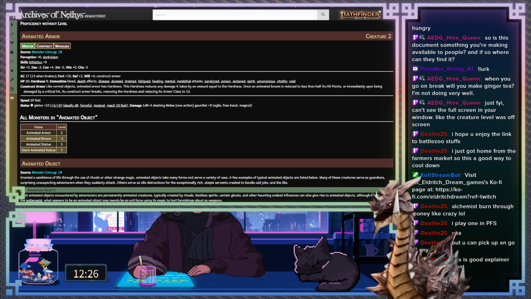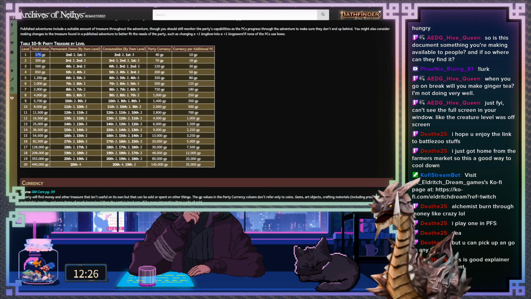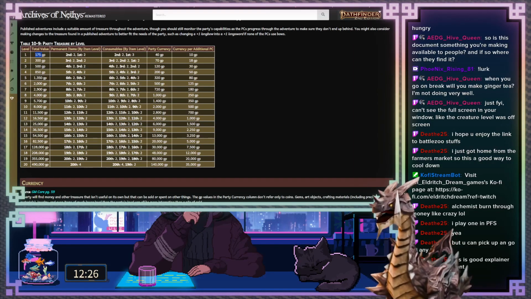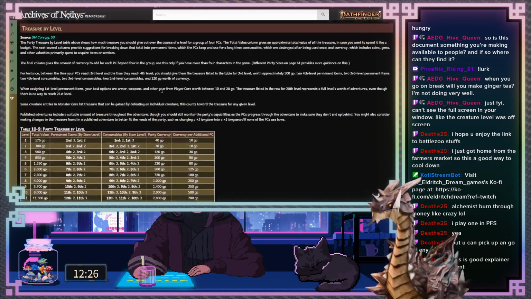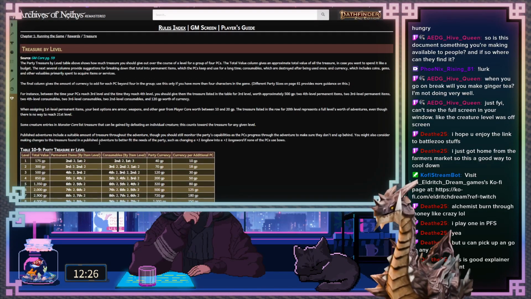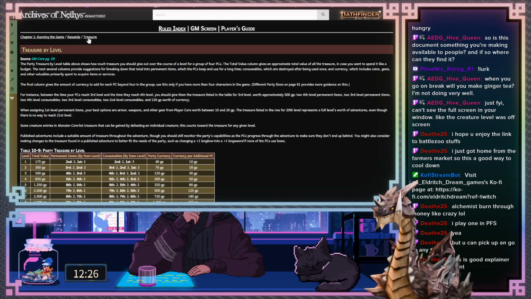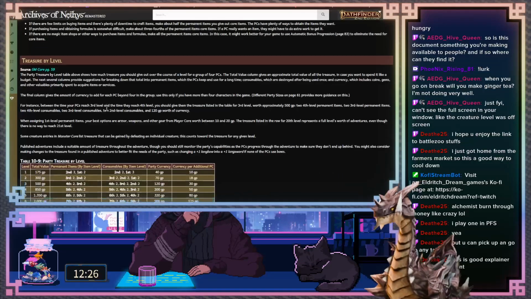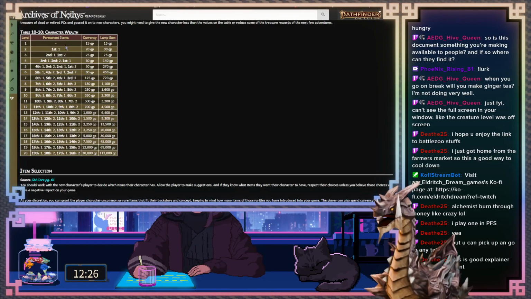But then encounter design, we've got treasure by level here. So across the course of level 1, you're supposed to award approximately 175 gold worth of stuff to the party as a whole. And this goes up if you've got a bigger party, or down if you have a smaller party. But is it in the same page? It is not. Okay, so treasure. Maybe it's on this page. Okay, so this is your treasure